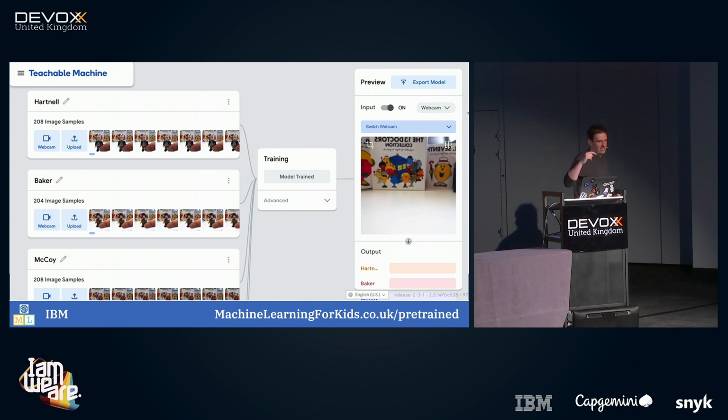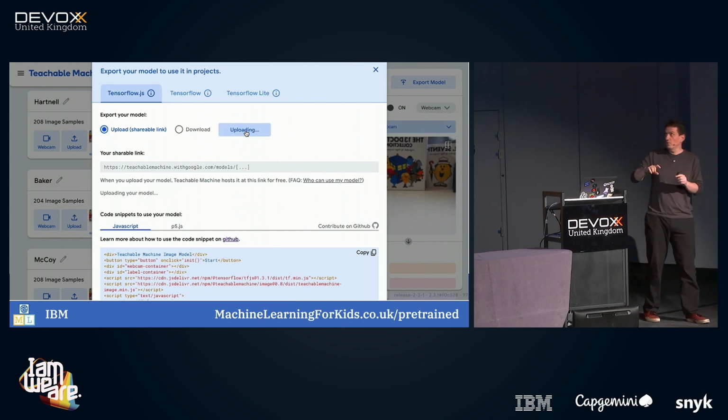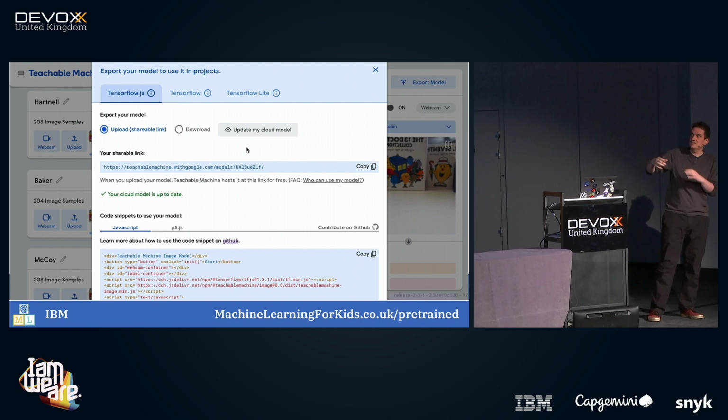An extension to this that we added was to take that model that someone can train in Teachable Machine, because another thing Google will let you do is you can host that TensorFlow model. You get free hosting on the cloud. So you click on upload, takes a sec, and then you've got a URL for where your TensorFlow model lives.